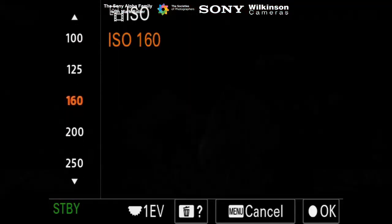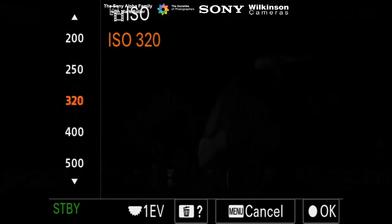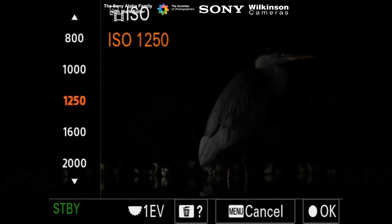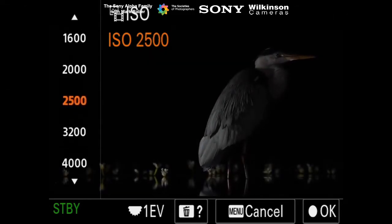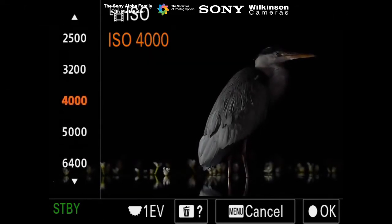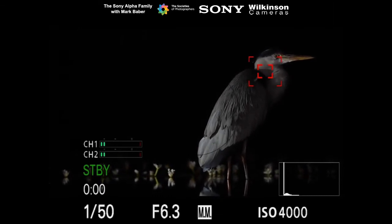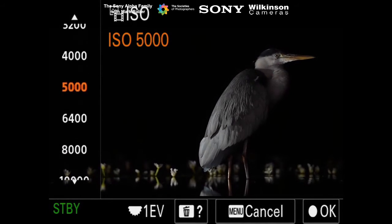This is low light shooting, and this is with the A7S Mark III. And you can see I'm going through the ISO from around 80, and as you can see in the image here, a heron is starting to appear. So I was at a hide before the last lockdown, and I was testing some kit in